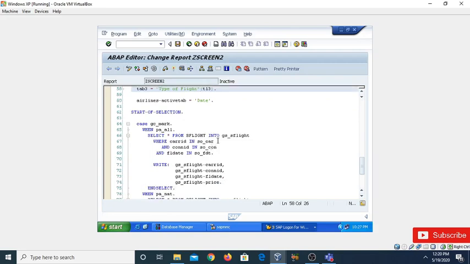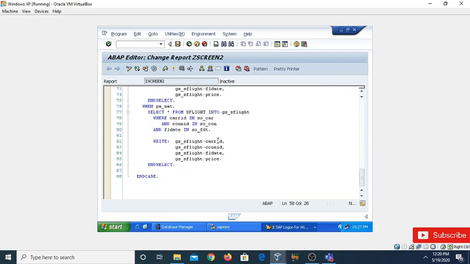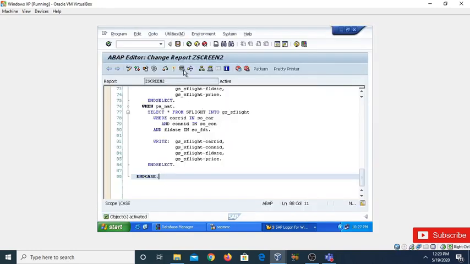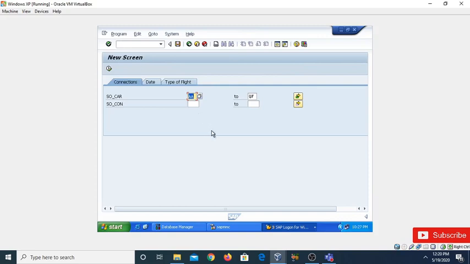We have selected the data from the table and then ended the case. Now click on the save button. Check for the consistency. No error found, syntactically correct. Then activate it and then execute it. Now you can see